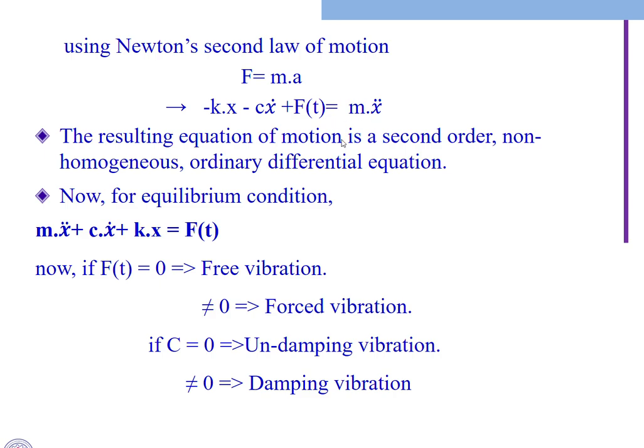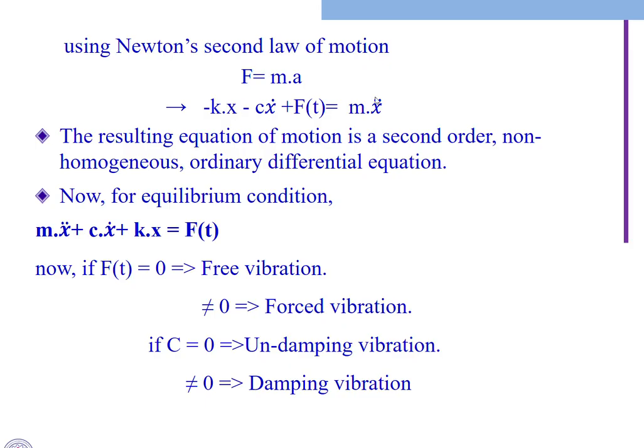Okay, m into x double dot. The resulting equation of motion is a second order equation. We can see x as displacement, and the second derivative of displacement here. The motion is a second order non-homogeneous ordinary differential equation. We can see here an ordinary differential equation, and this equation can be written as m,